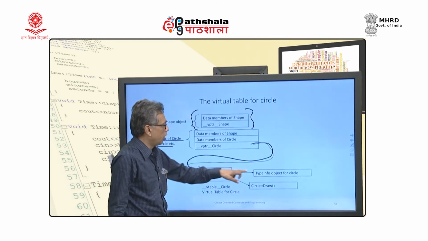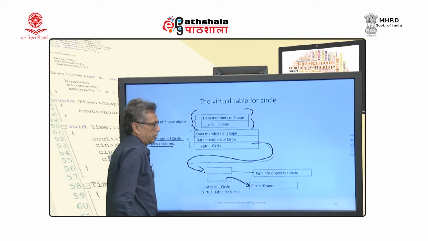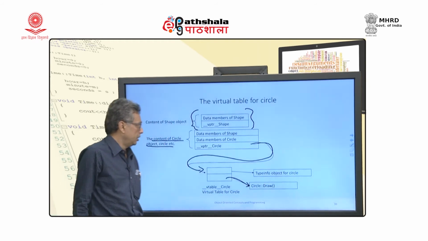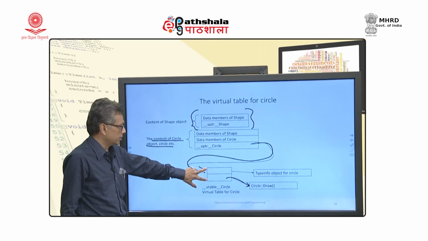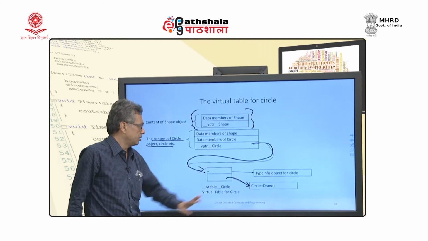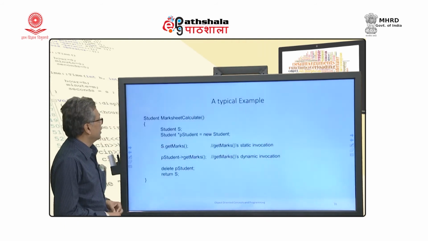The first entry will always be the type info object, and we have only one virtual function, draw. So this V table contains two entries: entry number 0 is the type info object, and entry number 1 is circle dot draw. So this is the virtual table.